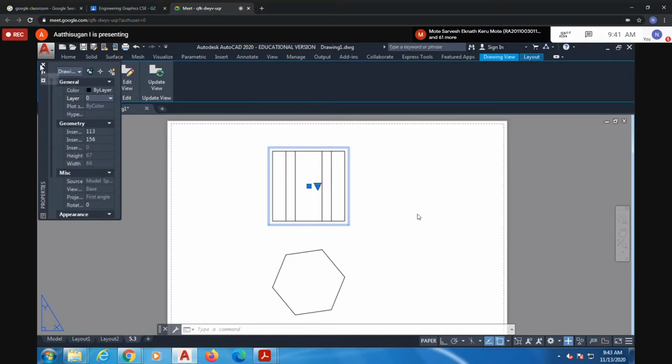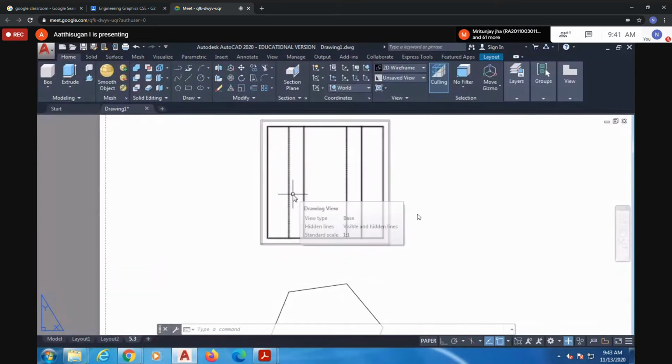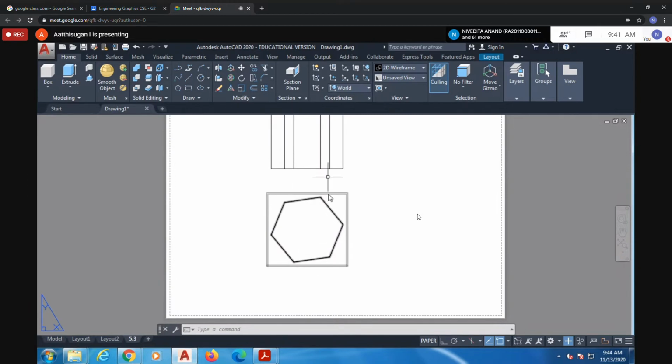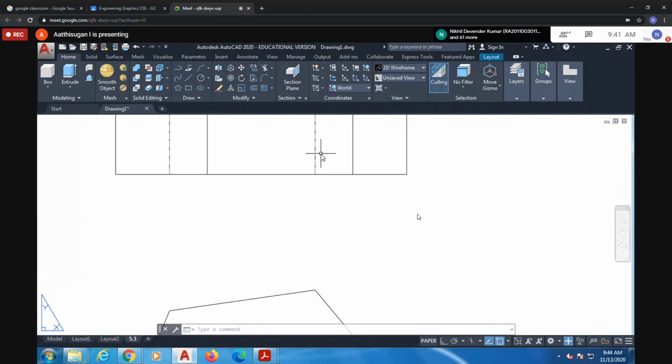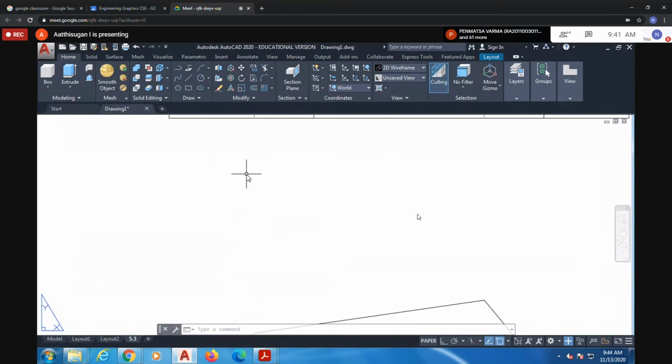So that you can change the line type. For understanding, see, this line is a dotted line. Why? When I go on projecting from top to bottom to top, this corner is visible, this corner visible, this also visible, this also visible, but these two corners are not visible. So the two corners you draw with a dotted line. This corner may come in this line. That you draw dotted. So this is also not visible. So that also you draw dotted here.